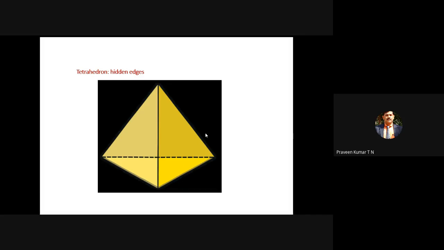The triangular prism means one is the base surface, and these side surfaces or inclined surfaces are referred to as lateral surfaces in the case of development of solid. The bottom surface is the base surface, and the side surfaces are referred to as lateral surfaces.